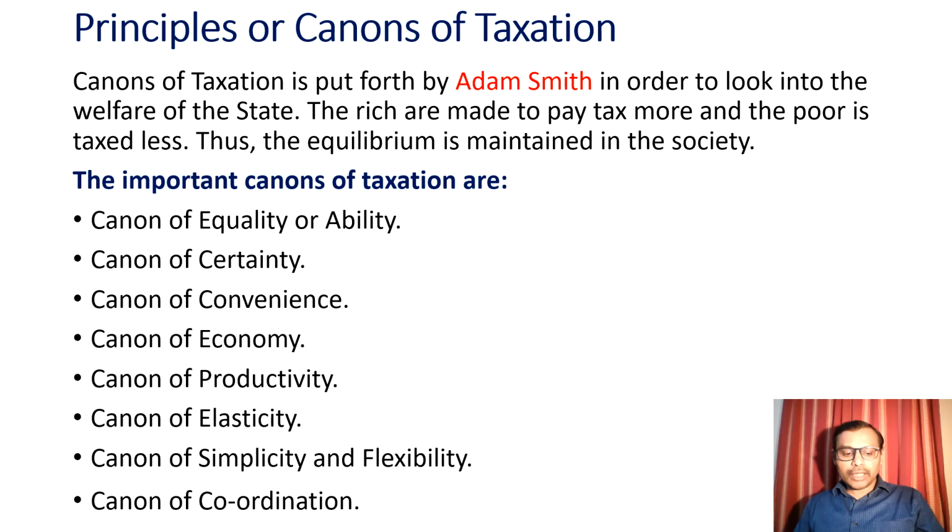And lastly, the canon of coordination. Coming to the canon of coordination, there should be harmony between the central and state governments to avoid double tax and conflicts. For example, if both are collecting the same tax, then it will become a cascading effect, a tax on tax. That should not be there. So, for example, the GST Council coordinates the tax between the Union and the states, avoiding the overlapping of VAT, service tax